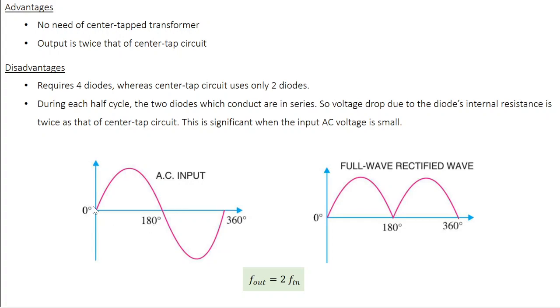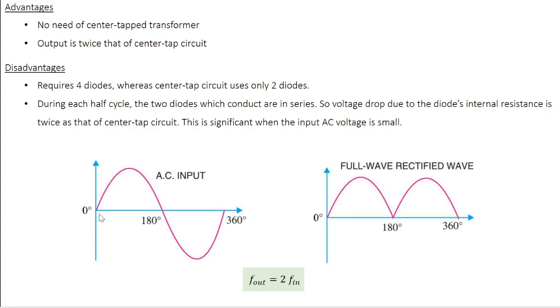after one complete cycle, the waveform is going to repeat itself, right? So in the case of the input signal, you have one complete cycle from 0 to 360 degree. After that, this waveform is going to repeat. Okay. So 0 to 360 is the time duration. Now if you look at the output side, you can see that from 0 to 180 degree you have one complete cycle. After that, the waveform is going to repeat itself, right? So the time period is shorter here.